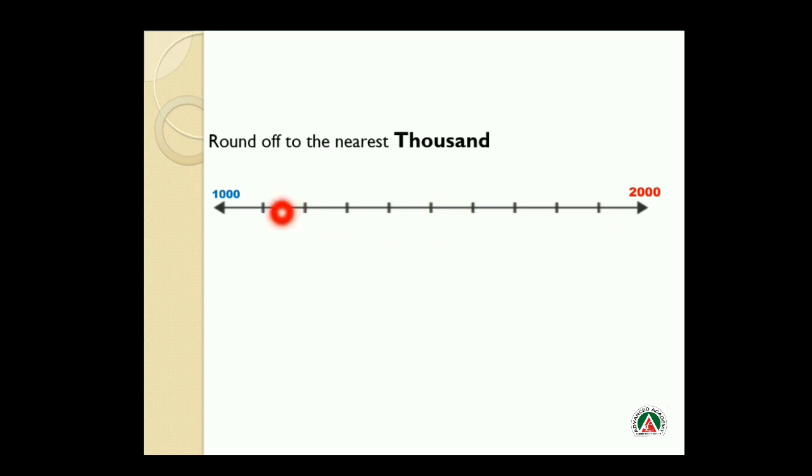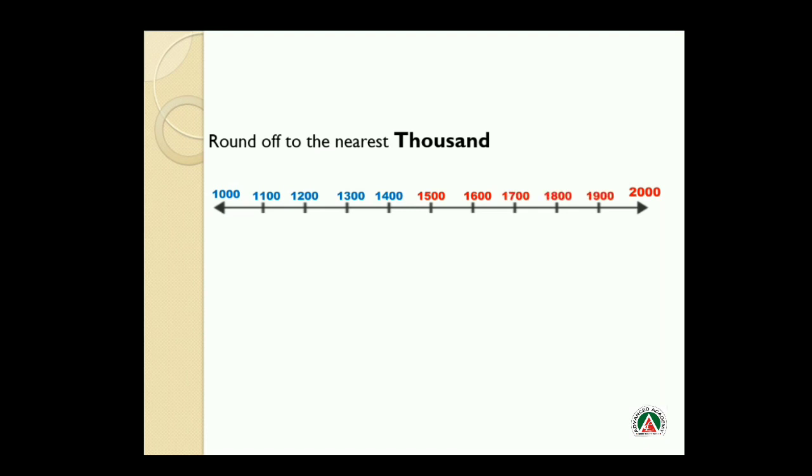Right now I am taking the smallest, least limit of 1000. Now, the center limit: what will be the center point? The center number will be between 1000 and 2000. What number will come in between? 1500. Very good. And the rest of the numbers are 1000, 1100, 1200, 1300, 1400 and so on.